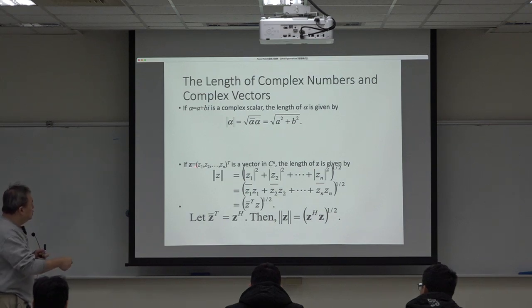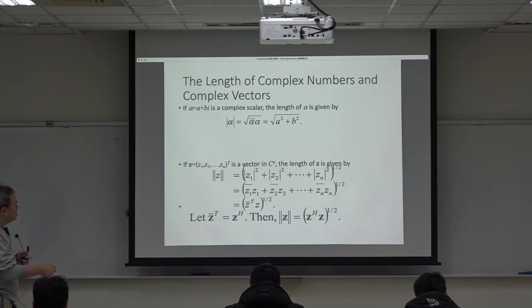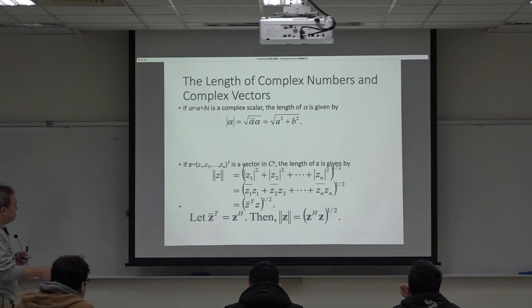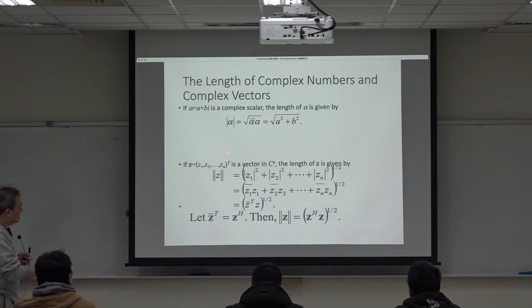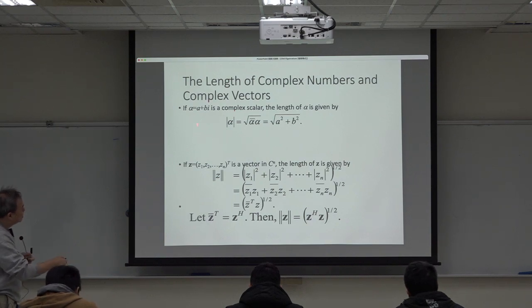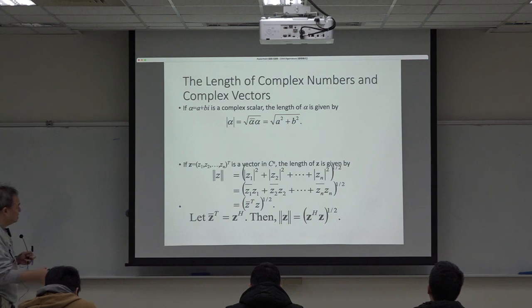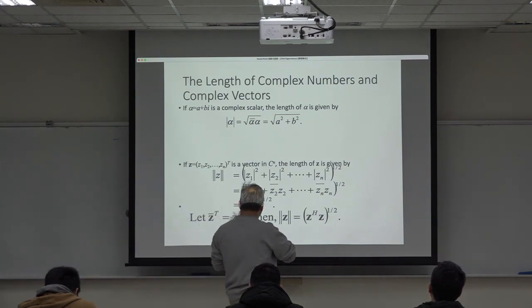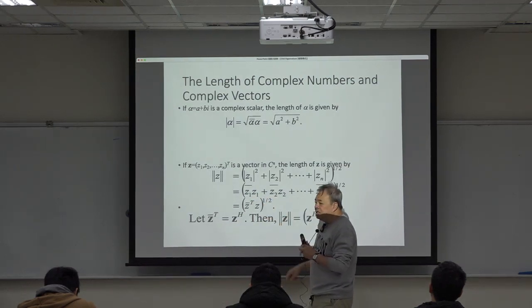Unless I say otherwise, every element we discuss now is a complex number. So z is a column vector with n components, and each one is complex. The length of z, we define to be this one: z1 squared plus z2 squared, blah blah blah, plus zn squared. This zi squared is defined to be like this. So it's actually each zi multiplied by its conjugate,